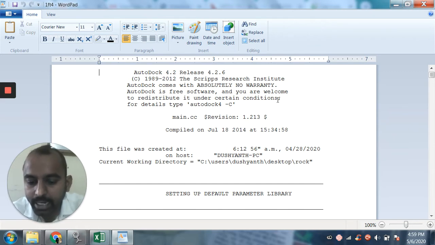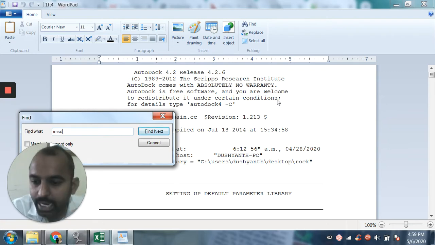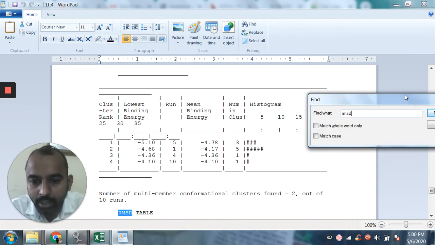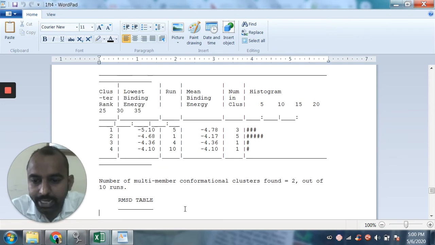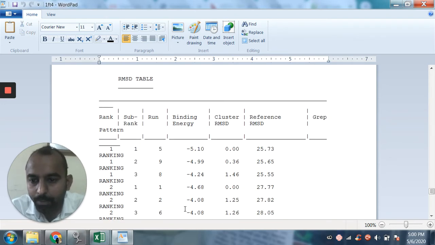I will press Control F, type RMSD and press Enter three times: first Enter, second and third. After doing this, I go into an RMSD table. This is my RMSD table. This table tells me how my ligand is binding with the protein and with what RMSD value.